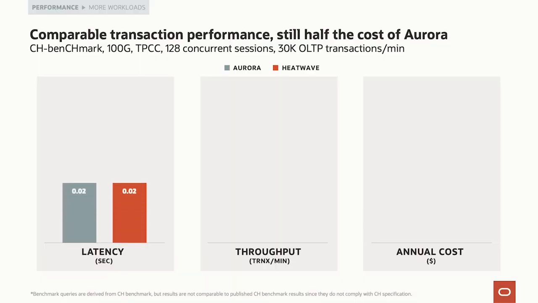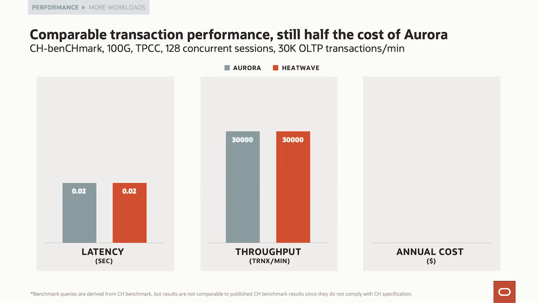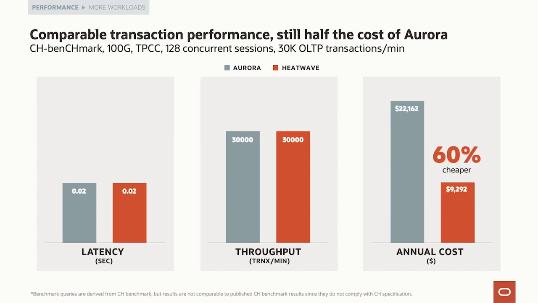Okay, so if all you ever did is just run transactions and you didn't care about the information being entered into the database through those transactions, that means, in terms of CH Benchmark, just run the TPC-C part. Don't run any decision support queries. If we compare Aurora to MySQL HeatWave, the latency is the same. The throughput is the same. The cost, however, is not the same. So even if you're that unicorn application that for some reason has transactions entering data in the system but no queries making decisions based on the data, it's much cheaper to use MySQL HeatWave.